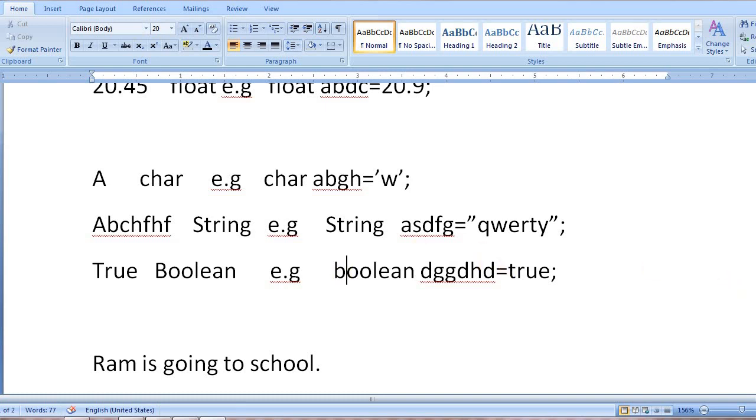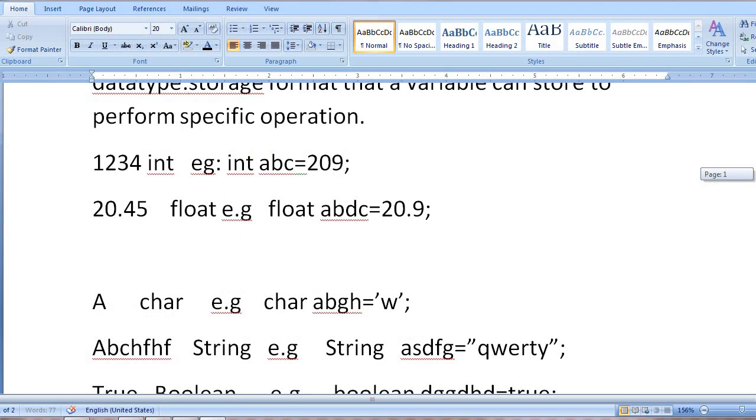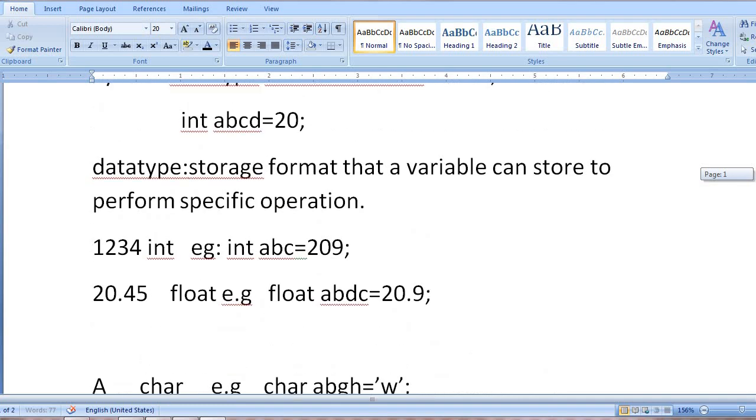Now it's clear. Means different data are there. Data means in the form of numeric, in the form of decimal, a single character, multiple characters, or in the form of true false. According to the data, we use the data type. So data type is a storage format.